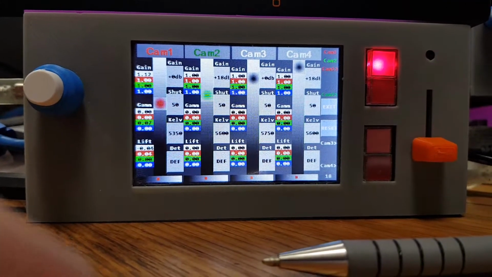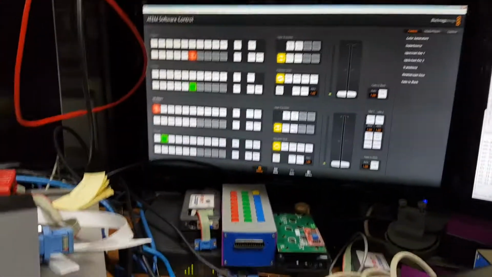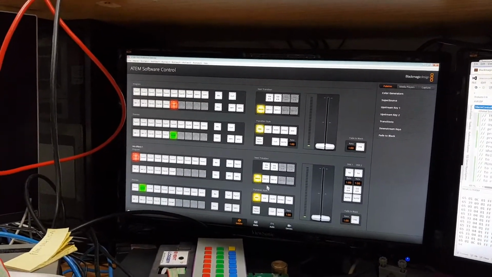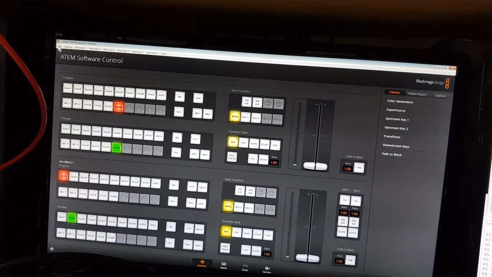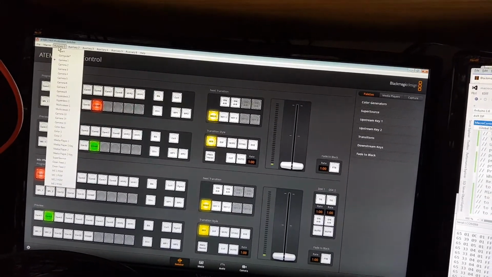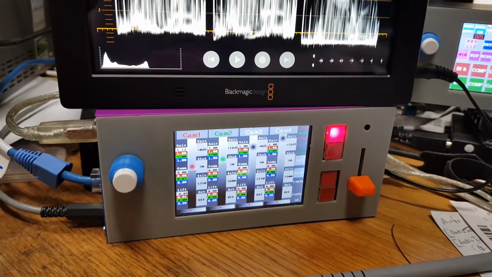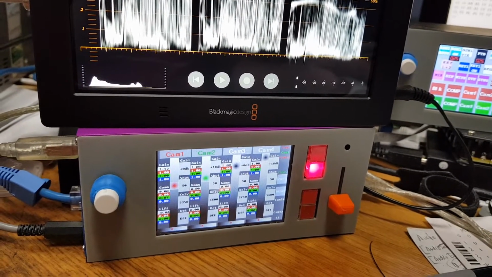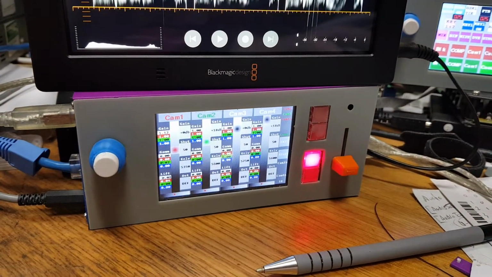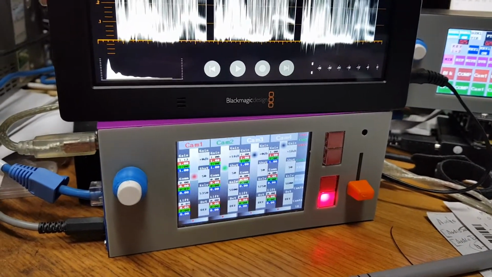If I go over to here and select, I might do this with my hand to give you a better idea. Crash, bang. So if you have a look over here, we go to aux 1, you can see it's on camera 1 at the moment. And you come down and look down here, as I select, say, camera 2, the tally light for the aux bus is showing up here. There's camera 3, there's camera 4,